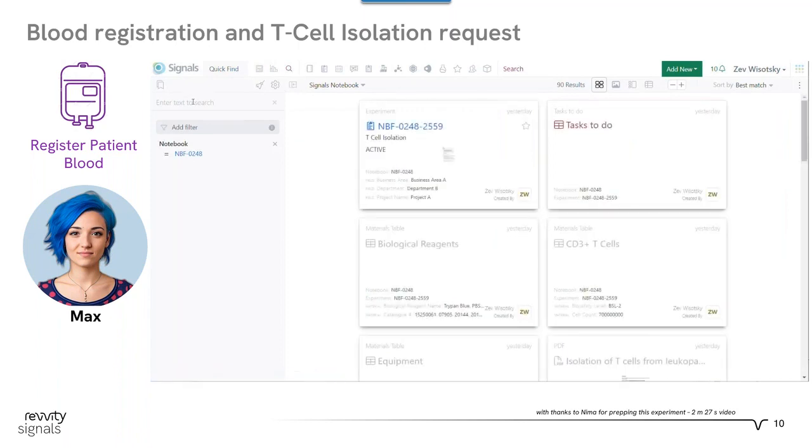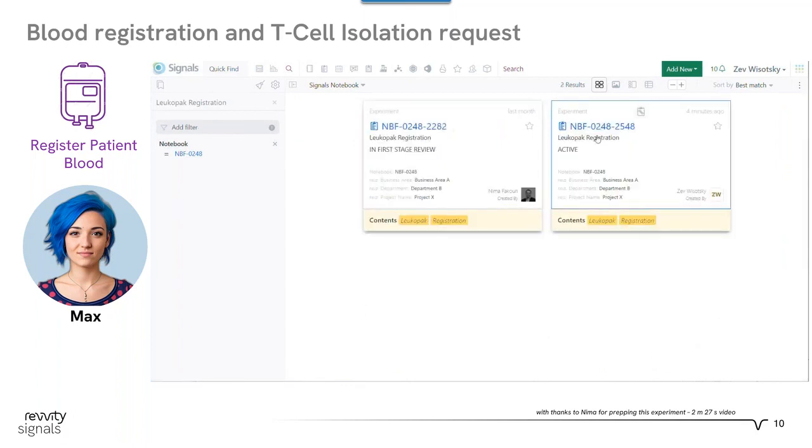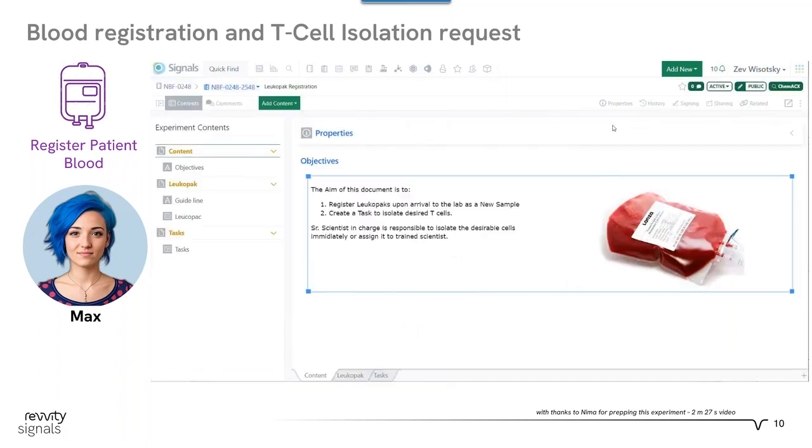However, I wanted to showcase the ease of searching for experiments and create by searching for a few words of interest. And I can also filter by experiment to find the actual experiment for Max. So Max is accepting clinical blood samples. Here's the experiment itself. We can follow the protocol here, handling and registering these samples for the downstream T cell